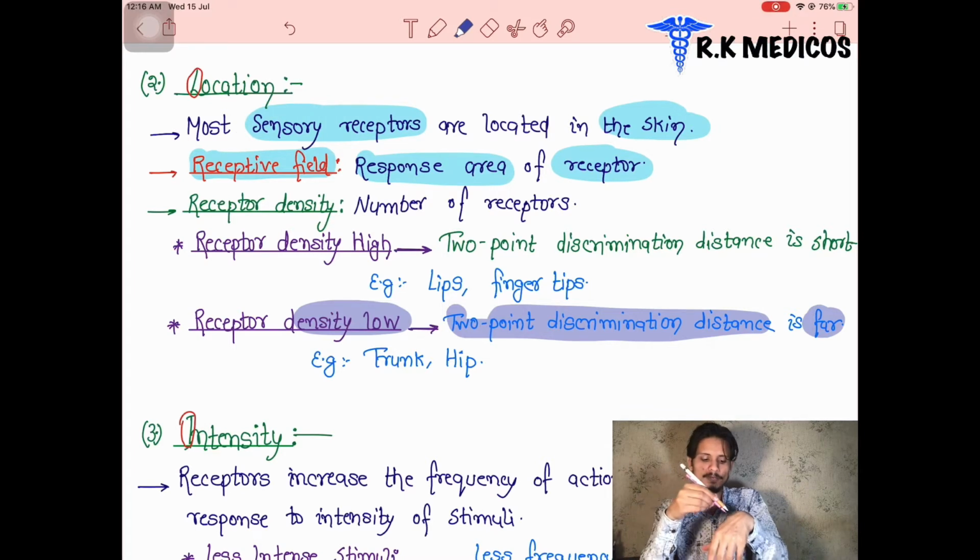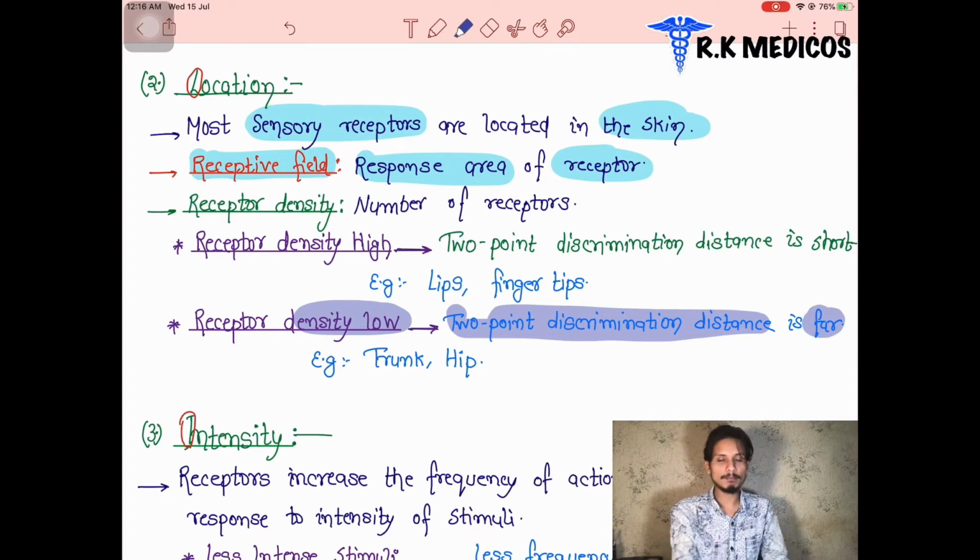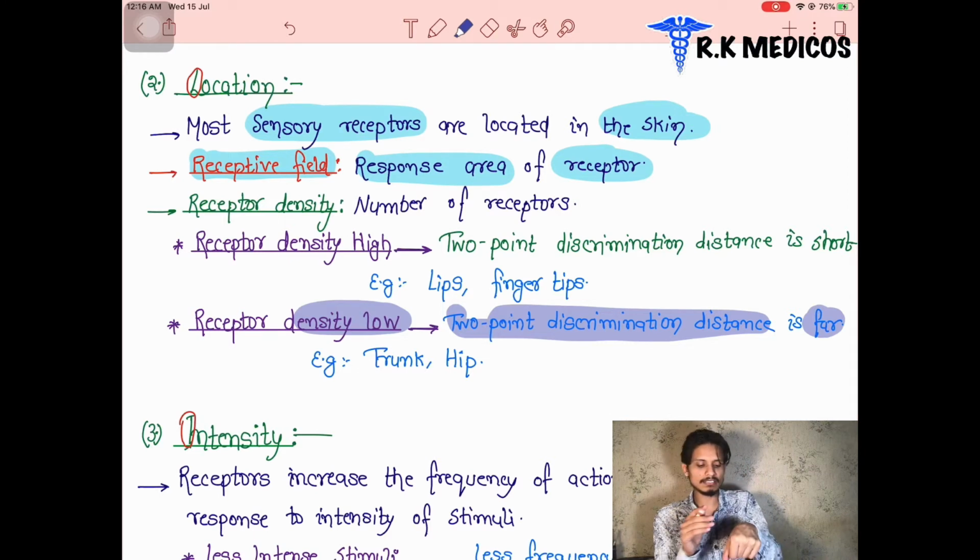There we are going to prick like this on our skin. When we prick the surface of the skin on the receptors of a person, and the patient feels the two points as being far from each other, it means the receptor density is very low. When the receptor density is higher, the patient will feel